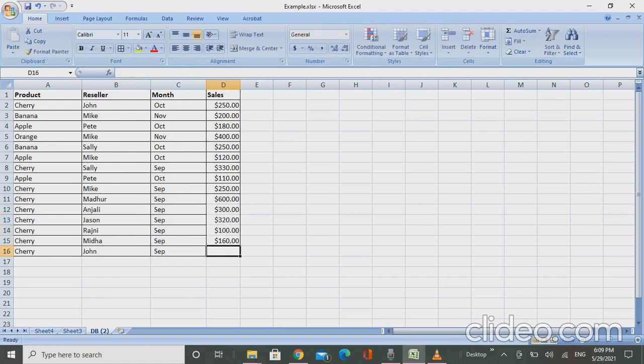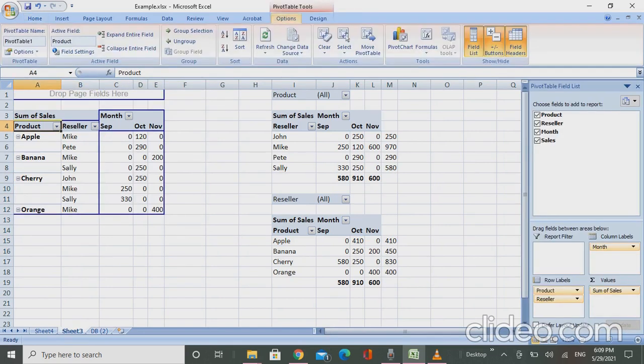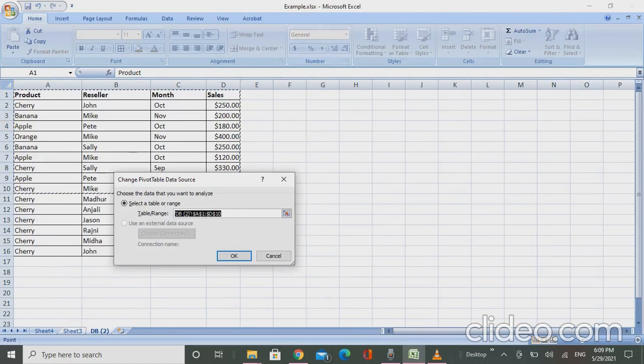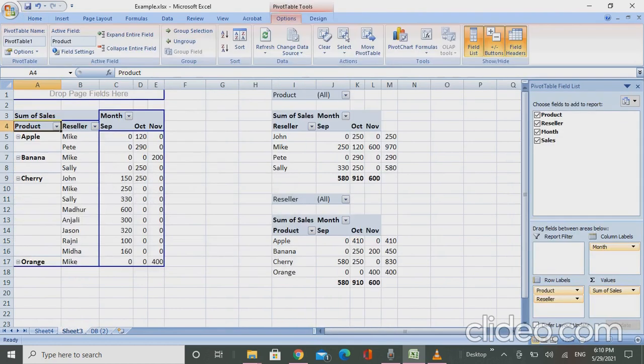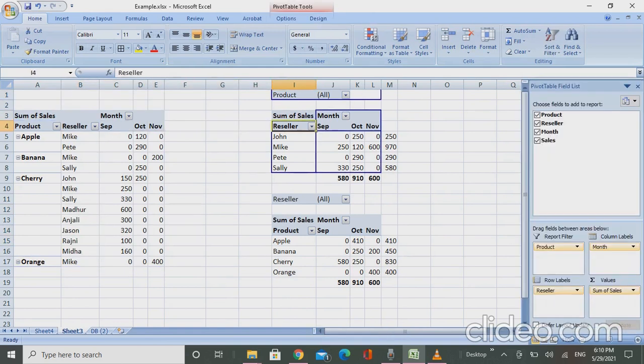Okay, so let's say our pivot is based on this higher level values, and I want to take these values also in my pivot table. So what I'll do, I'll go to the pivot table and then I'll go to this options tab. I'll change the data source of it. I'll extend this downwards also to include all of my data. So now how this looks now. This has changed. It has included all of the other salespersons as well. Okay, so I'll do the same thing for these as well. I'll change the data source of it. I'll do it to 16.